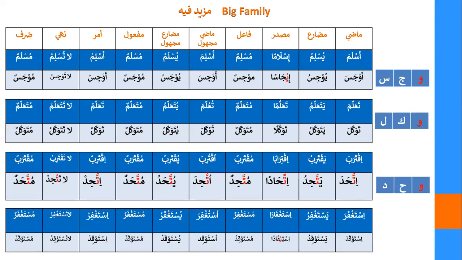Again, very little irregularity in the Istakfara family when you have the root letters Waw, Kaf, Dal. In your masdar, your Waw is changed to Ya. Otherwise, it would have been Isti'u Qadan. So E U is not allowed, so it will become E: Isti Qadan. So it will smooth out and become this.